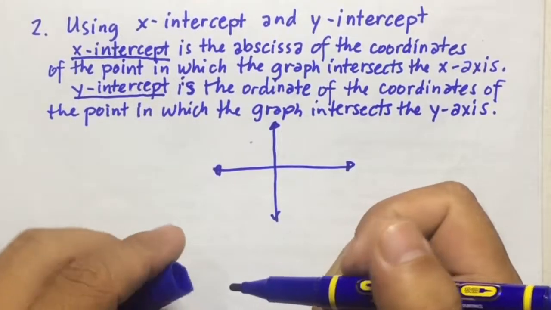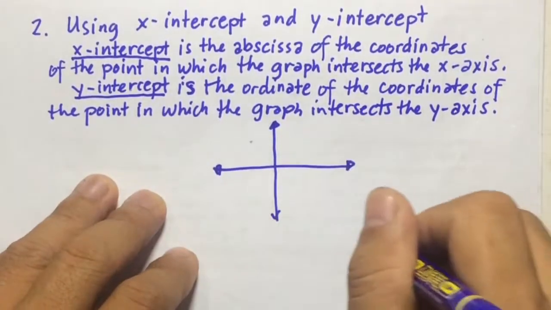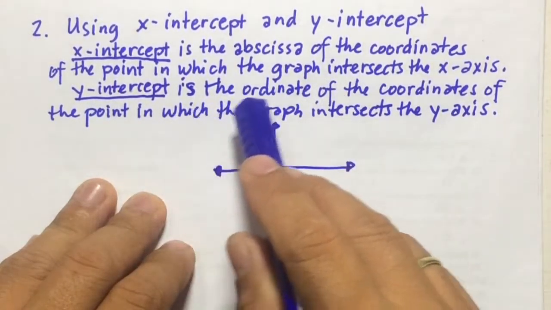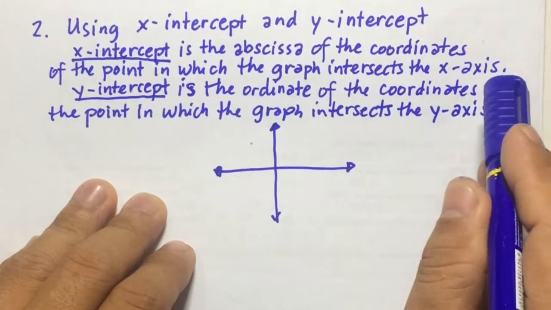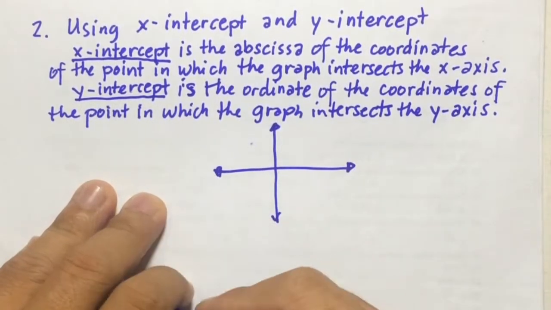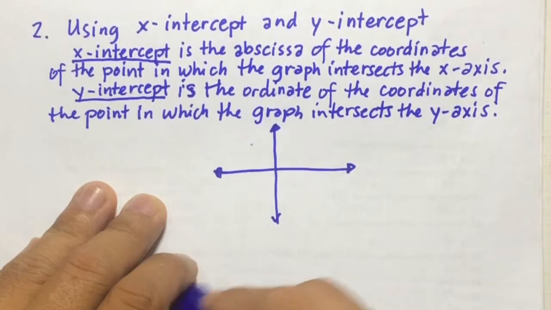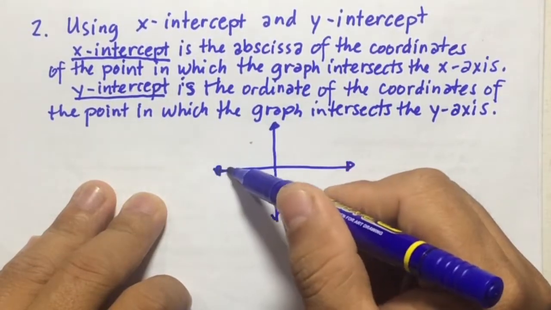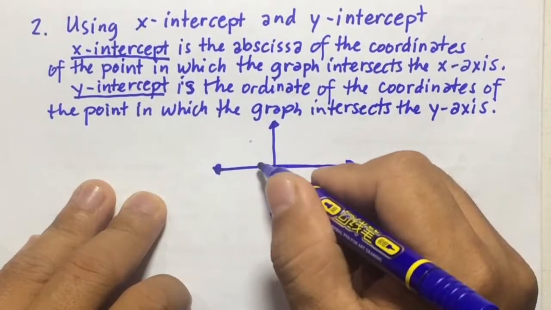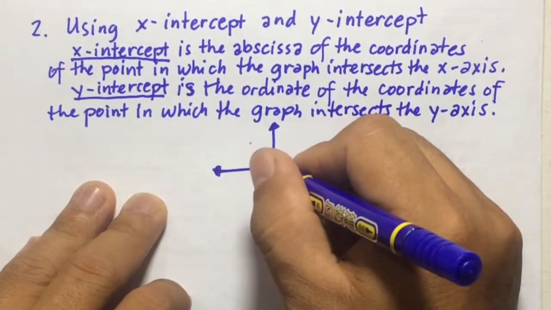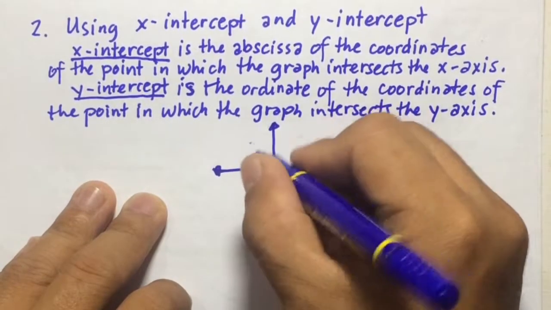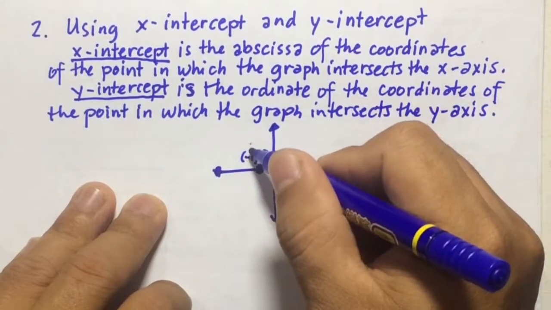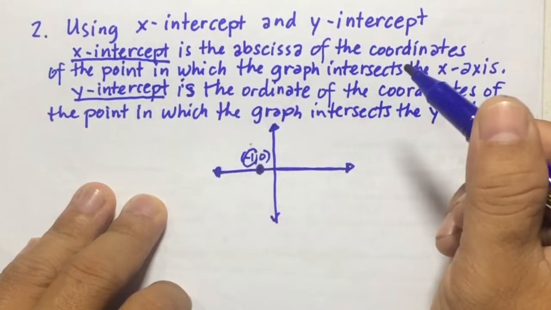Let's have the second one using x-intercept and y-intercept. So the x-intercept is the abscissa of the coordinates of the point in which the graph intersects the x-axis, and the y-intercept is the ordinate of the coordinates of the point in which the graph intersects the y-axis. So the x-intercept is found on this x-axis. So for example, if this is the x-intercept